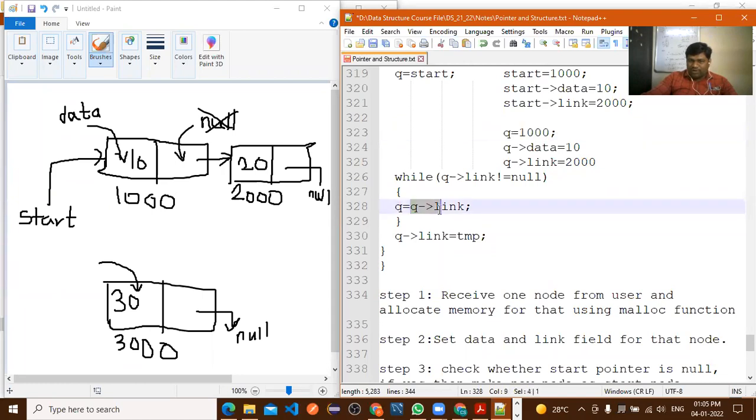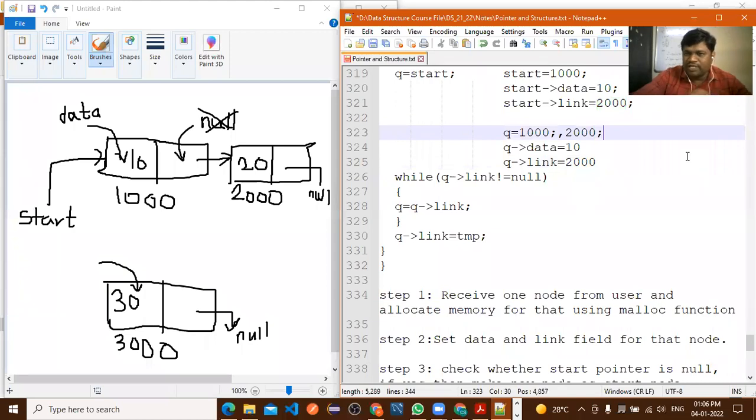Now here, what we have done by using this statement is assign the value 2000 to Q. Now what is the value of queue of link here? 2000. Now where is it replaced? So here I will write a comma so that you will understand how the values get changed.